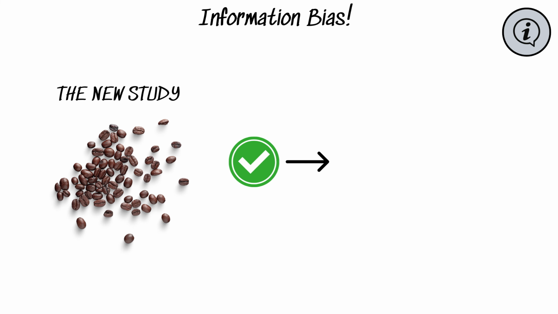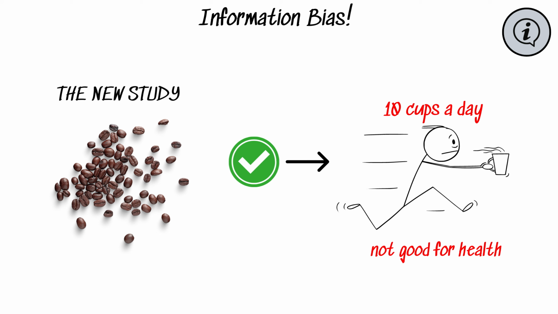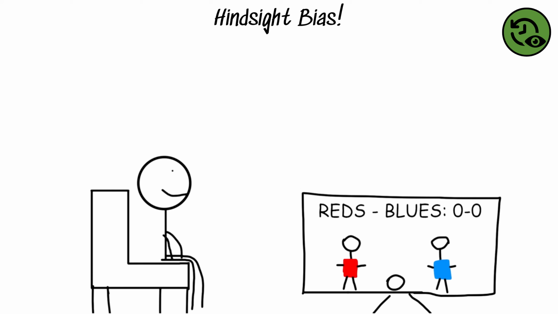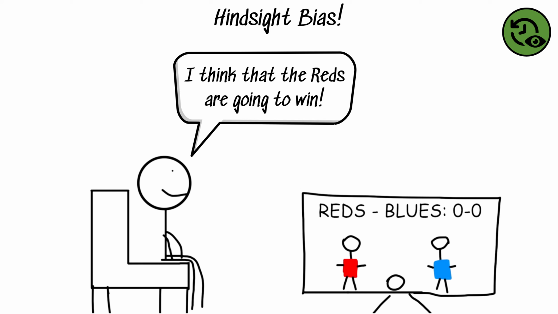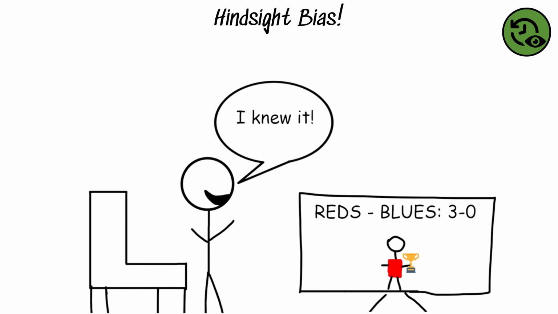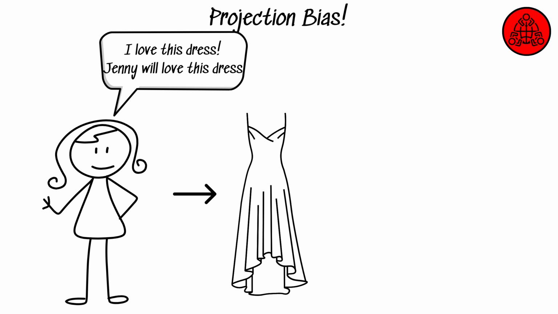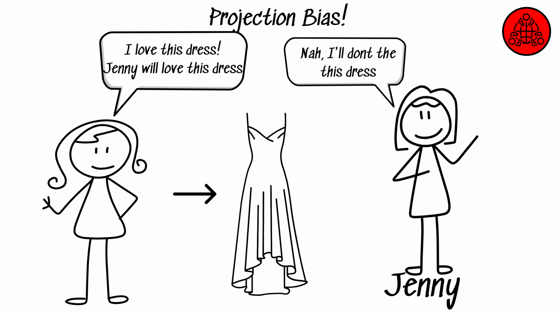Information bias, the cognitive bias of seeking additional information even when it has no bearing on decision-making or actions. Hindsight bias, the inclination to view past events as more predictable than they truly were, commonly referred to as the "I knew it all along" effect. Projection bias, overestimating how much one's future selves will align with current preferences, thoughts, and values, can result in making